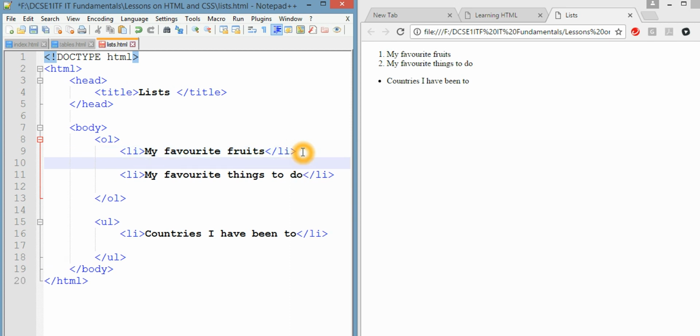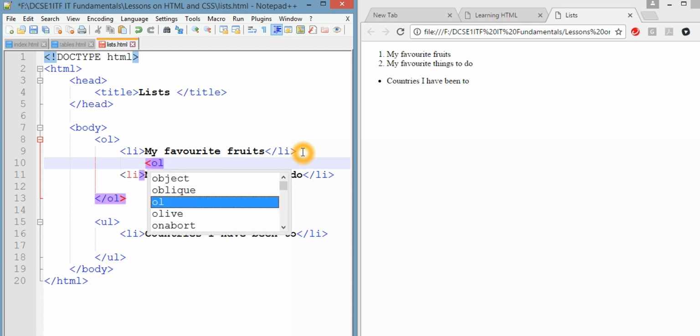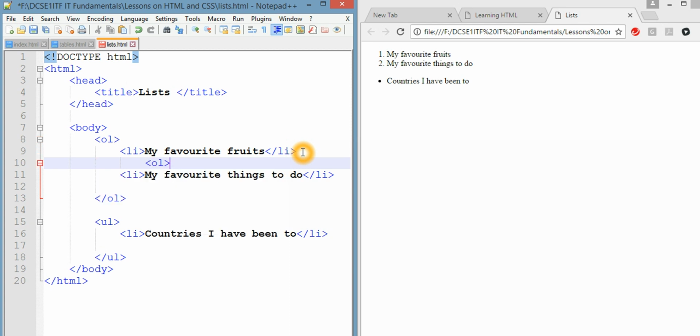So I'm just going to put, notice how it's inside this list, so I'm going to indent it. Even though without indenting it works, it's much better to indent it. It's for readability, just like you do in programming. So now here, the next list I might want is an ordered list again, but this time I may not